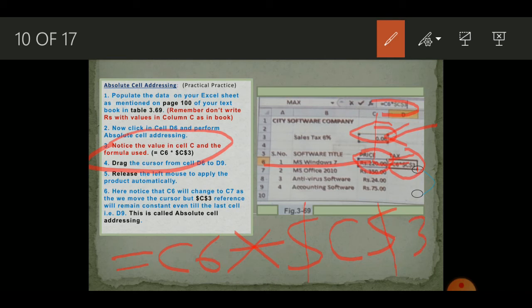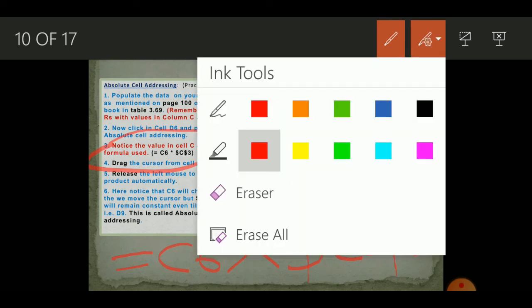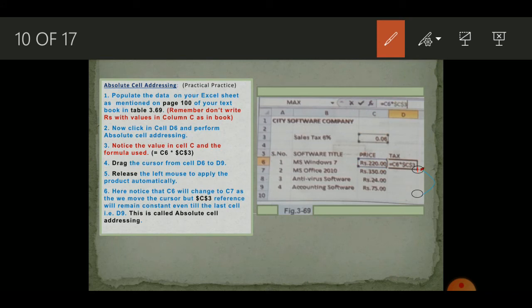After you have done that, press the enter key and it will calculate the value. Students, when you have done that, use the autofill handle and copy the formula, but you will notice something different from relative cell addressing. You can click on any cell and you will notice the change in the address. For example, if you click on the second cell, you will see the C6 from the previous cell will change to C7, but the absolute cell address that we copied will remain the same, which is $C$3. This will remain constant throughout all the cells.